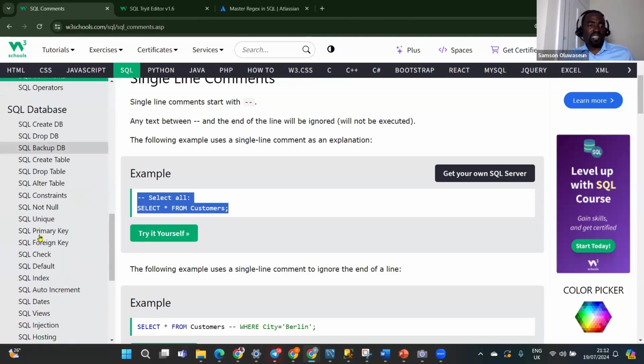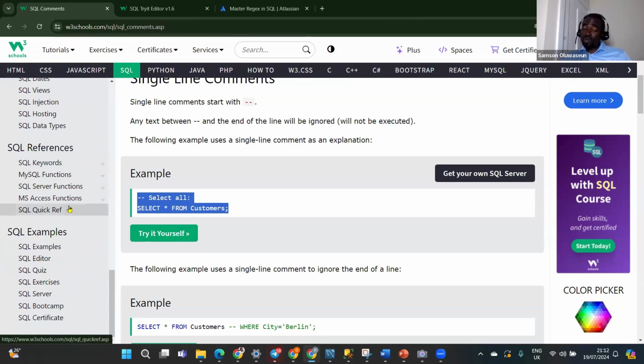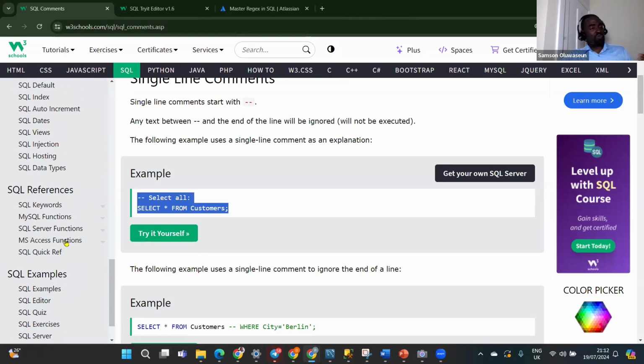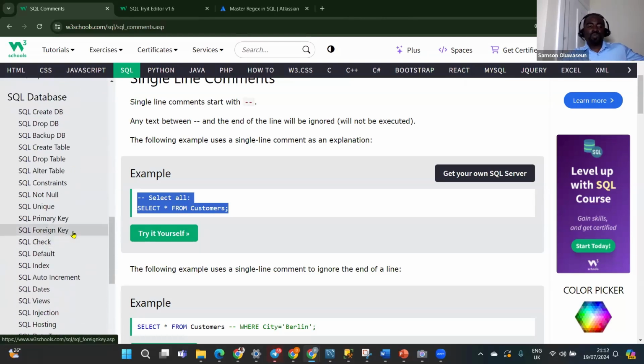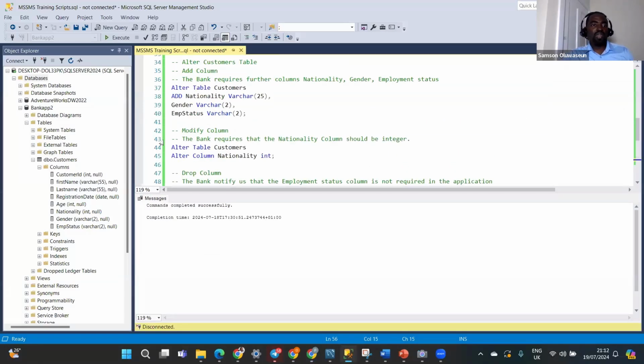Yes, so you can see we still have some basic things which you might not be able to practice on their environment, but at least you can read it up and know how it works. And the expectation is, if you now have your own environment that you can learn with, then you can try all these things one after the other and see how it works. So yes, let me go to my SQL environment